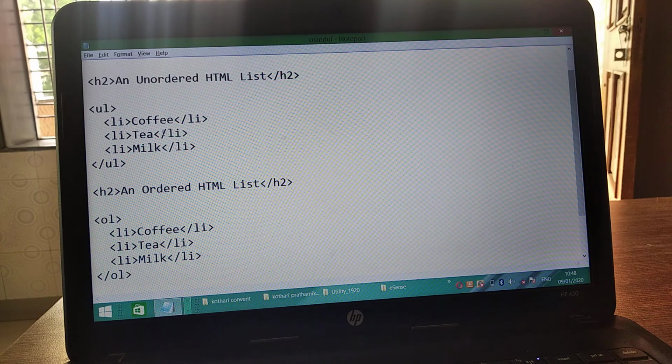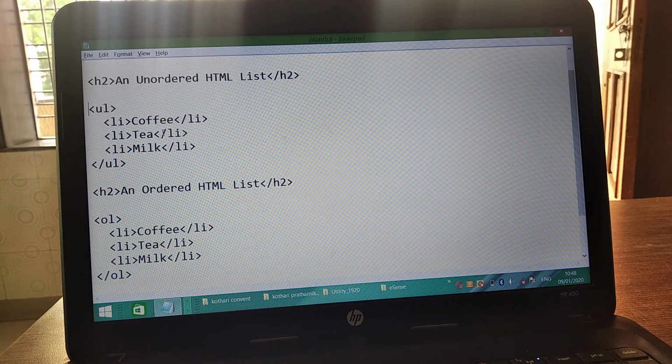I have already told you about the type of UL, and now the types of OL. OL means ordered list. You can display your items in an ordered sequence, from lowest to highest, with numbering, including Roman numerals. You can give natural numbers also.